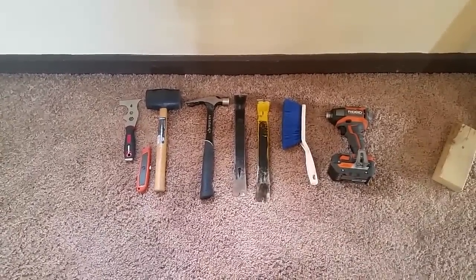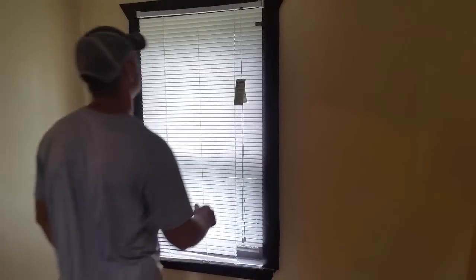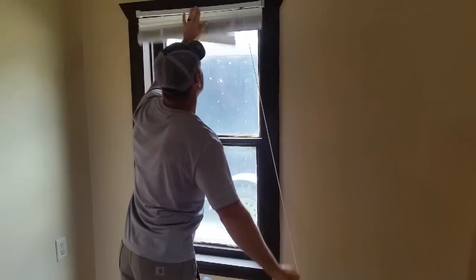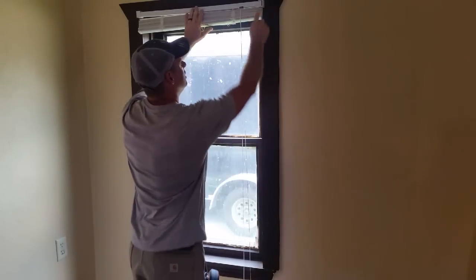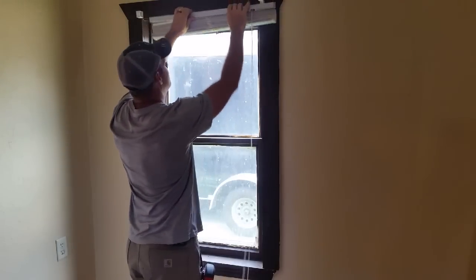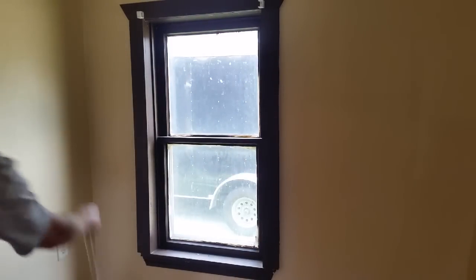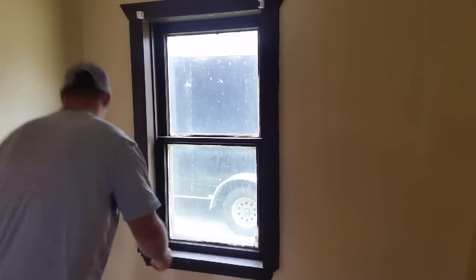we'll start the process. First things I'm going to do, I want this mini blind out of my way, but I'm going to be putting it back up, or putting a new one back up when I'm done. So I've removed the little tab on one end, and that way I can remove the blind without messing up my brackets. Now that that's out of the way,